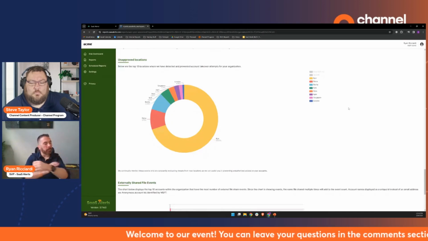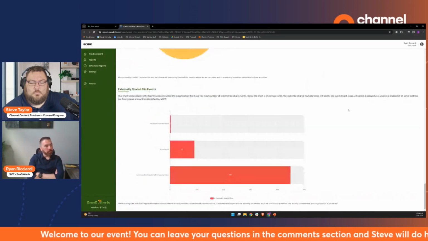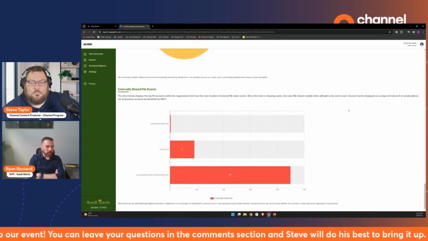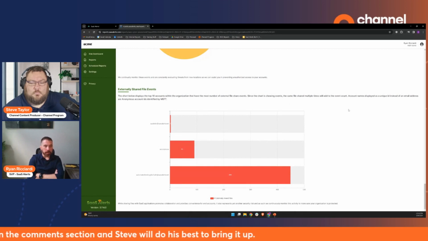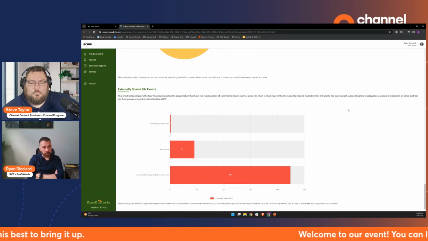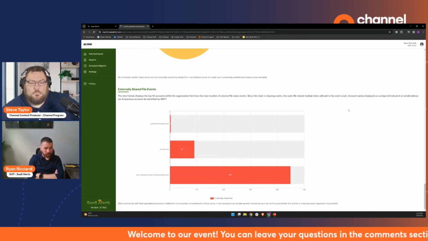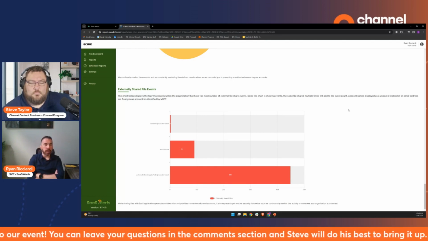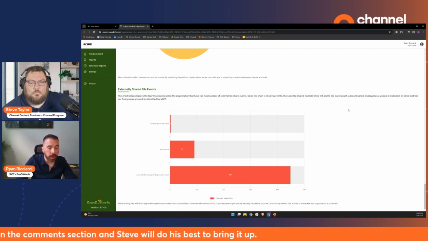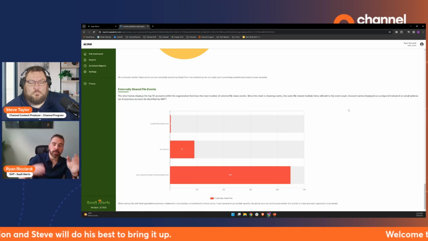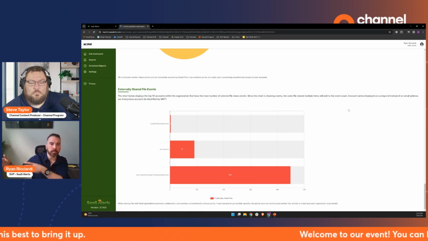And then this one's kind of overlooked, but I think wildly valuable. Externally shared file events. If they can't give you a real justification for why they have anonymous, you see that second one, anonymous file shares externally, you should disable it. It should be disabled in general, but we've seen it more often than not, it isn't. And the reason I say it's important is because this isn't that you can share it to anyone you want to, it's that you don't have to say who you are when you share it. So you can go into an externally shared file report and see shared by anonymous, here's the file that was shared, and it never expires.